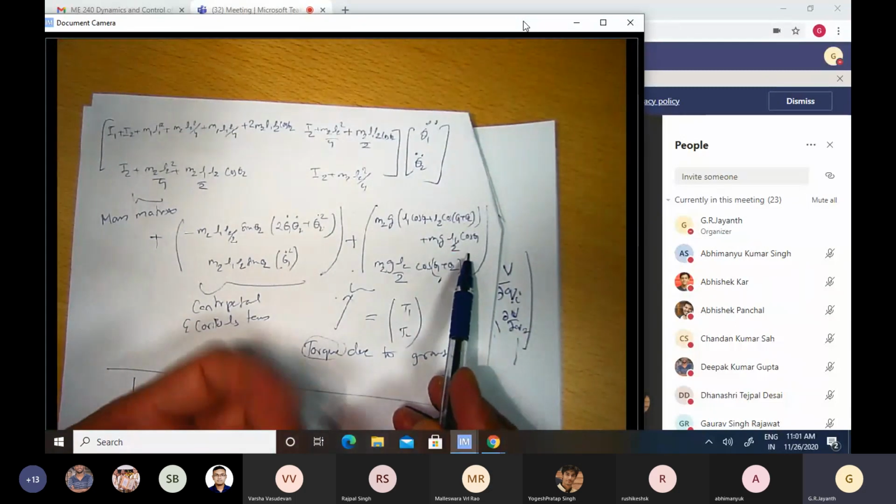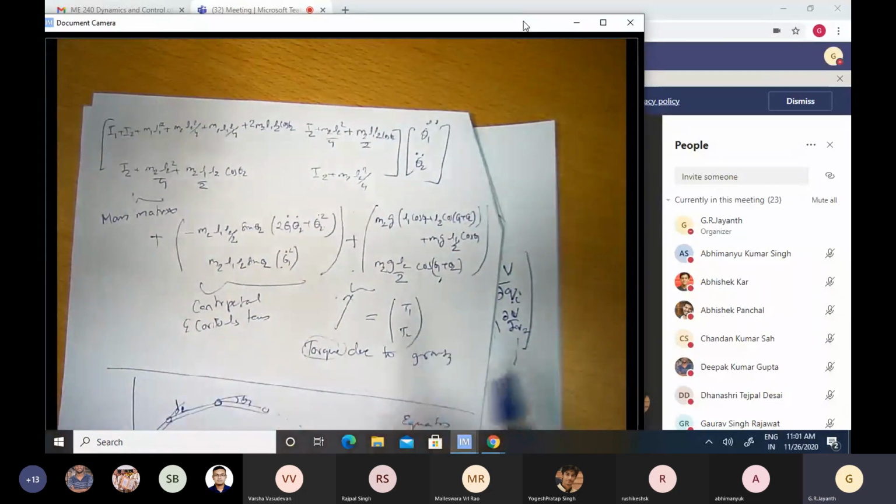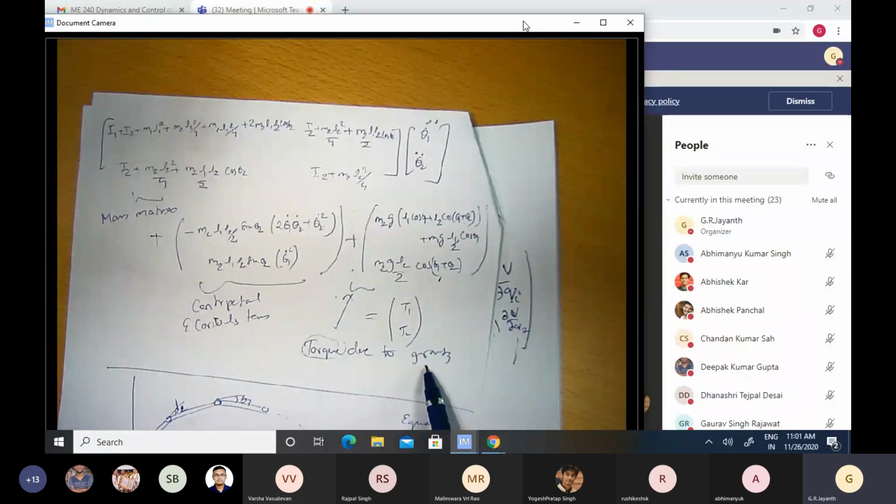You don't have theta 1 dot and theta 2 dot. And we also discussed how this torque due to gravity has a physical significance. These are terms related to the moment applied by the gravity force acting on that particular rigid body at the location of that ith joint.